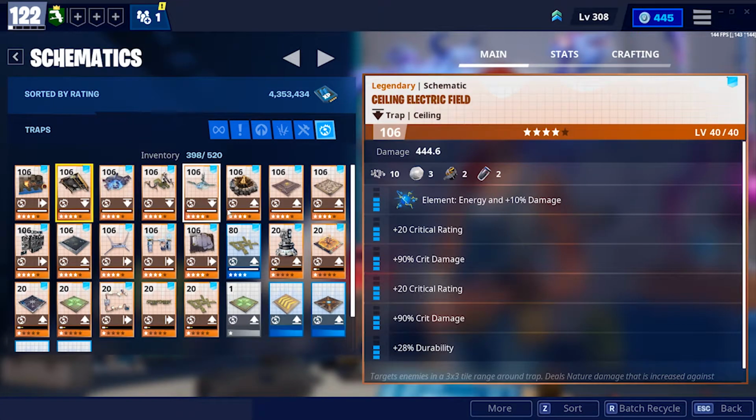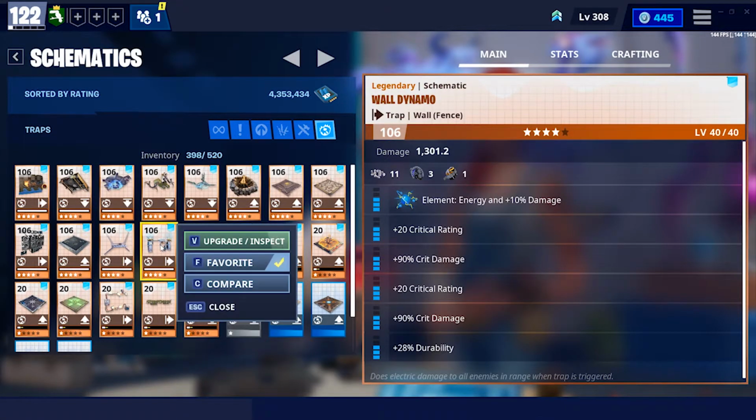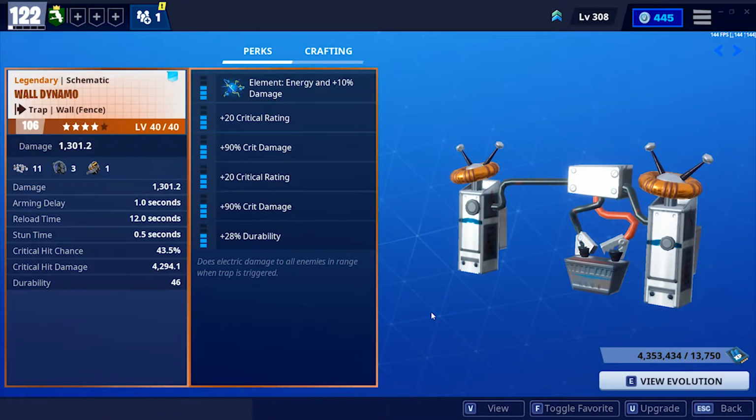Now the electric field, zapper, and the dynamo. We'll start with the dynamo. I don't think at the moment it's as good as the broadsides and the wall darts. I think it's very good, but I do think those 2 might be just a little better. However,